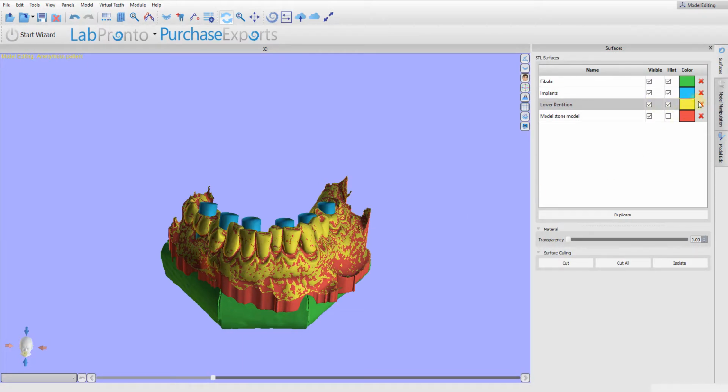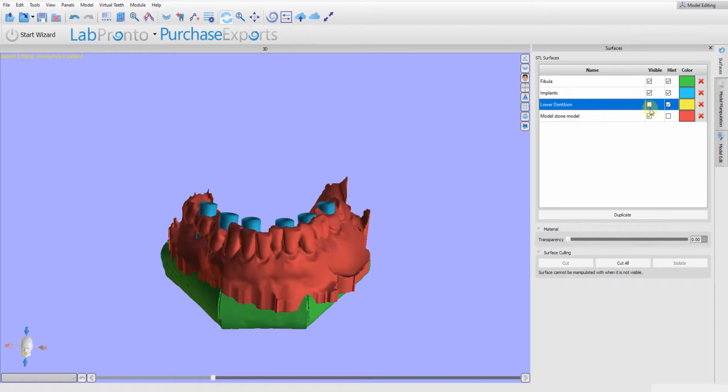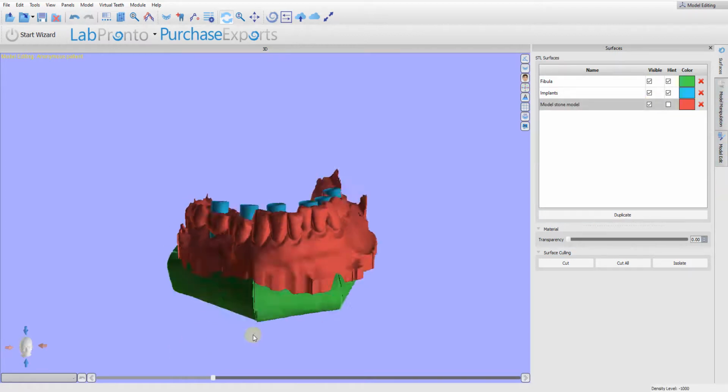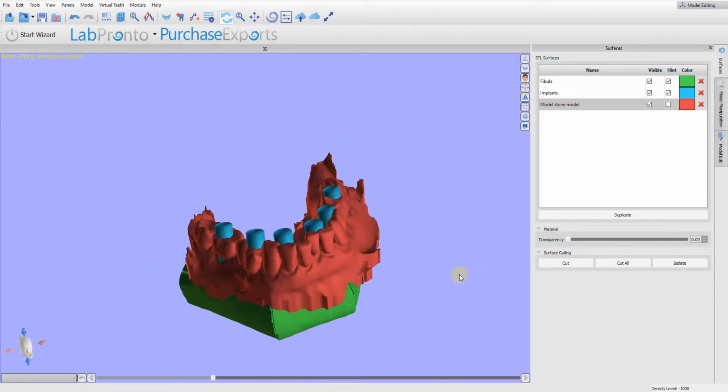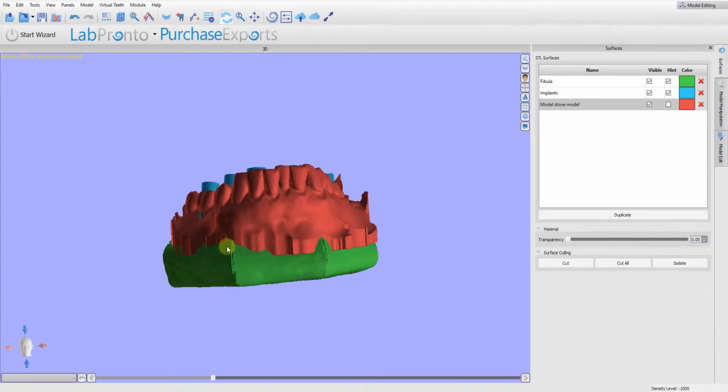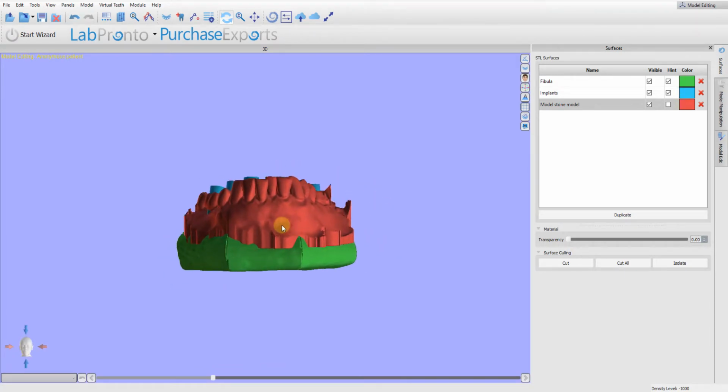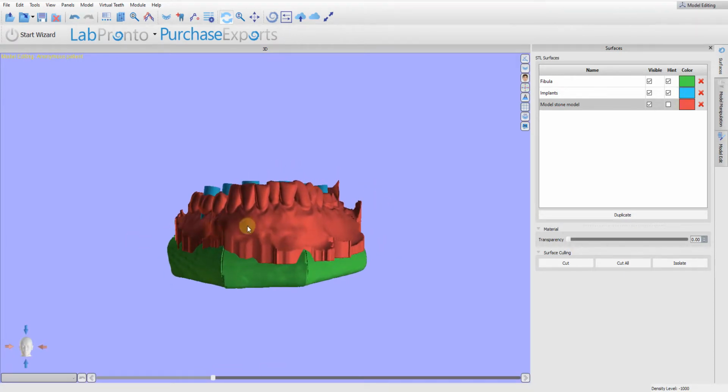So I'm going to click the X. Under visible, you can also just uncheck it, but I'm just going to click that X to make it go away. And so with this, we're going to trim things up a little bit. We're going to trim across the bottom of this red to make a little space between the fibula and what will be the